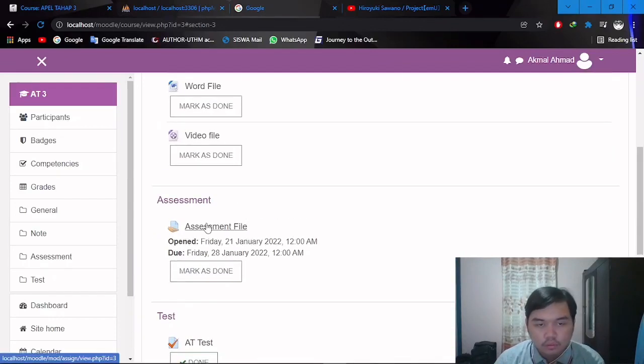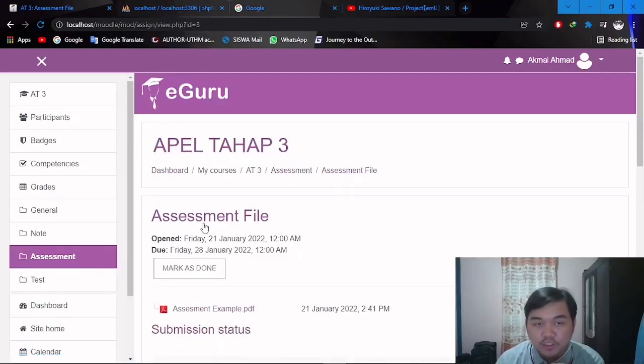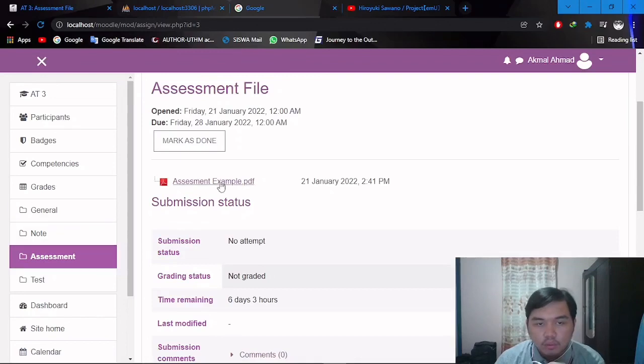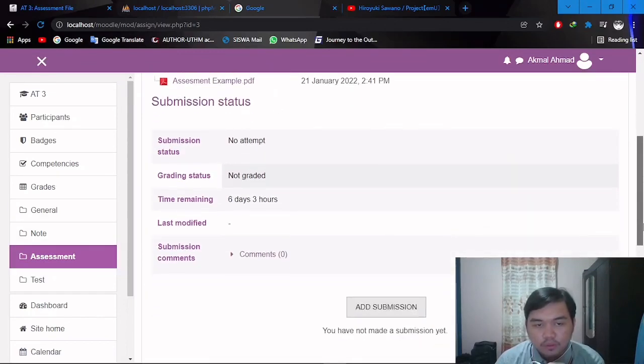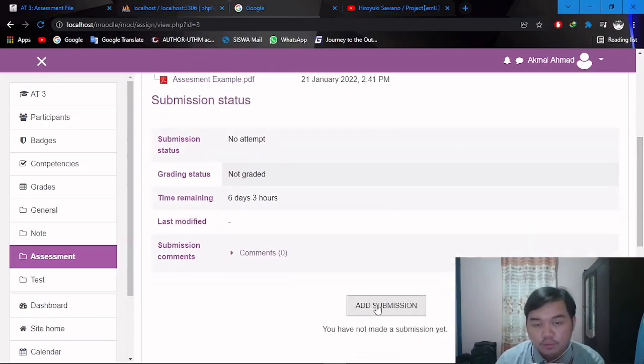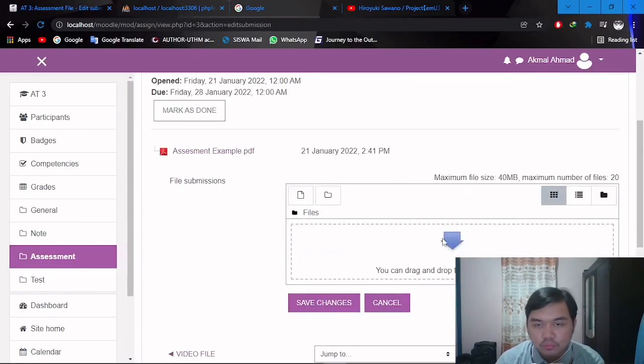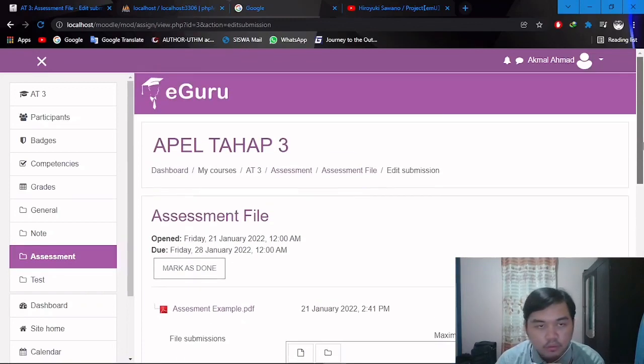So here, the student can also see if the teacher provides any assessment for this course. Here we can see the PDF file that has been given, the submission status, and the student can submit any file, or even a video file, up to a maximum of 40 megabytes. So that is